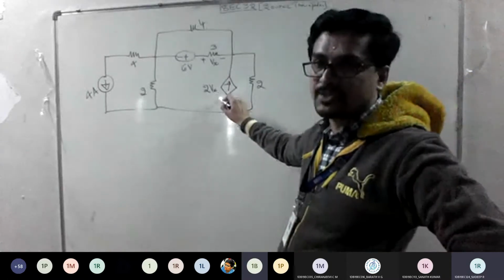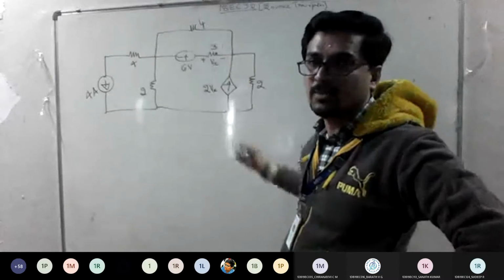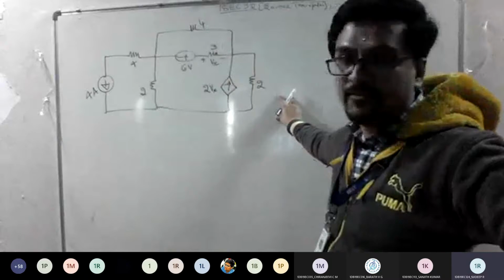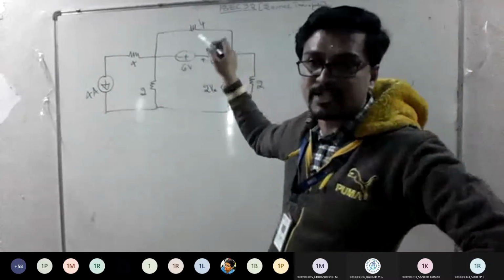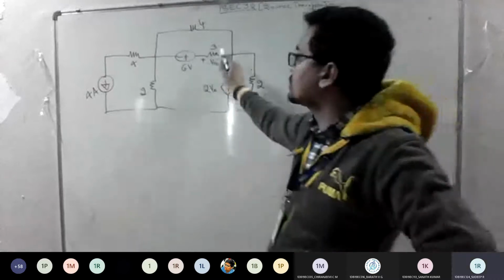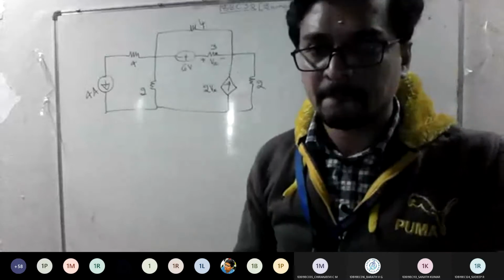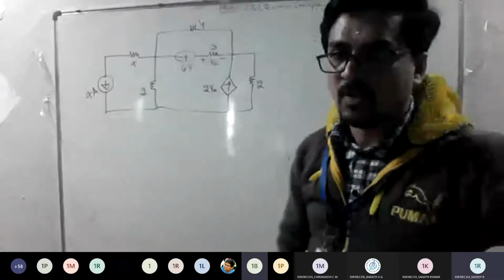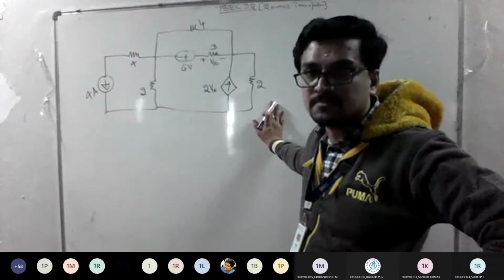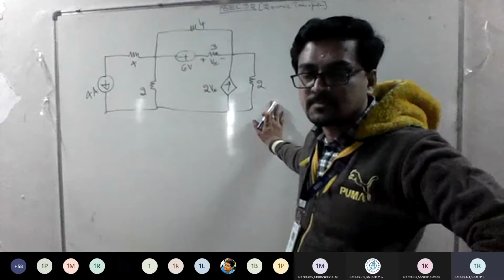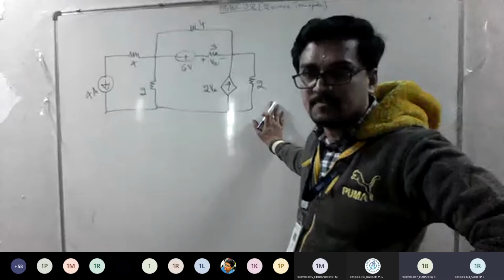Good. So this is depending on where? Across this 3 ohm. So Vx across this 3 ohm. Now they ask you to find the current across the 3 ohm and voltage across it. So it means I should retain this 3 ohm as it is and I can do whatever I want for the remaining. Agree? Yes, sir. What is the procedure now? Tell me, how will you solve? Look at the question carefully and tell me.